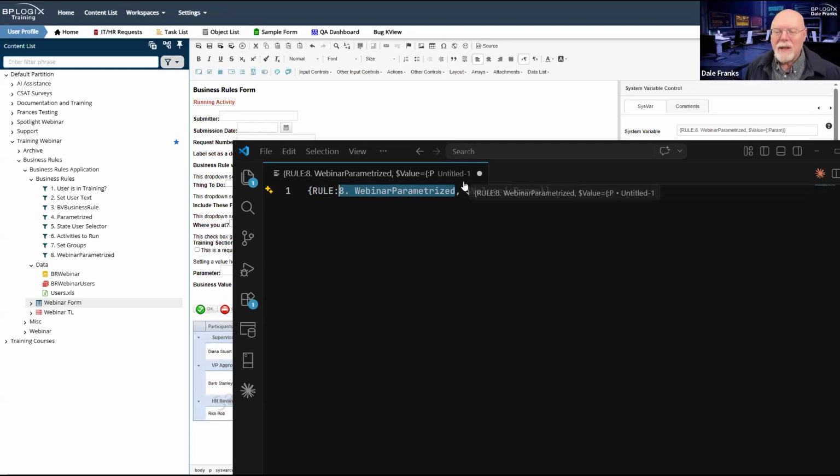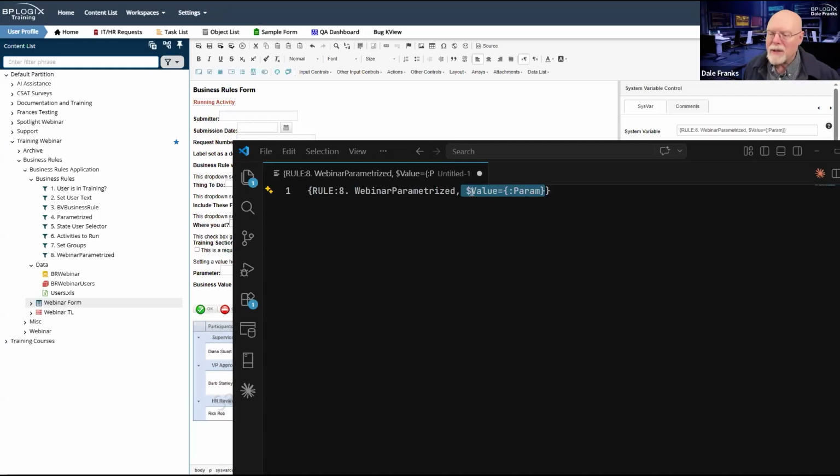Now, because this is a parameterized system variable, I do need some extra syntax here. I need to set the value parameter so that it returns the appropriate value from the business rule, because this is a parameterized business rule.